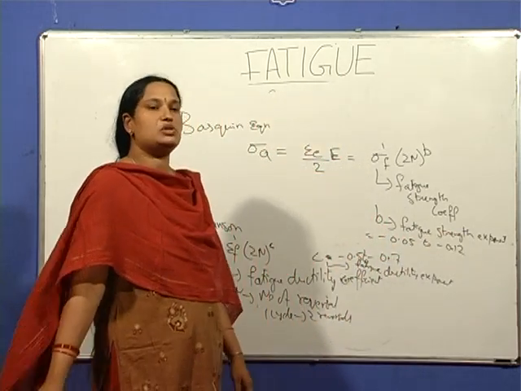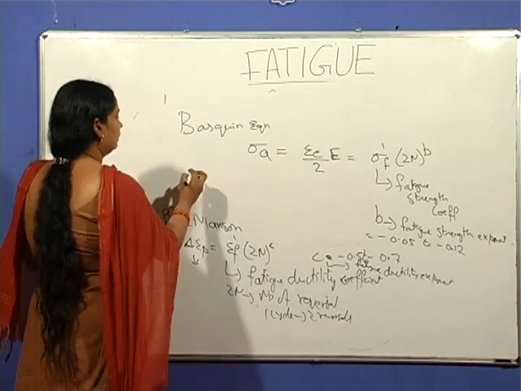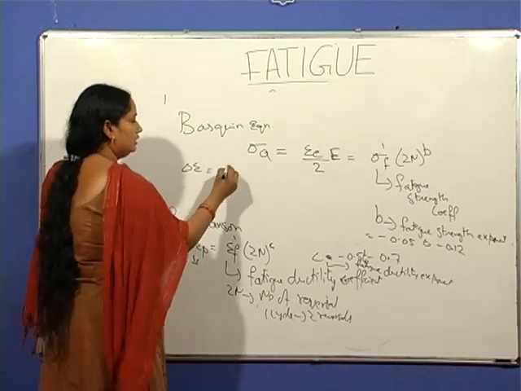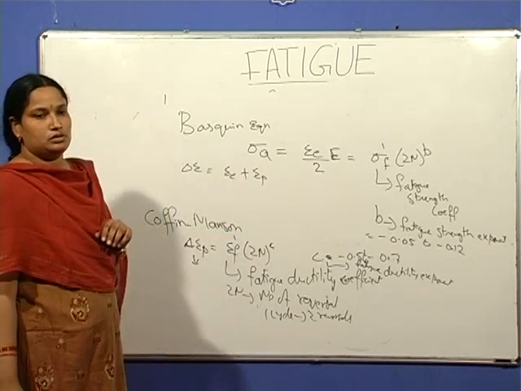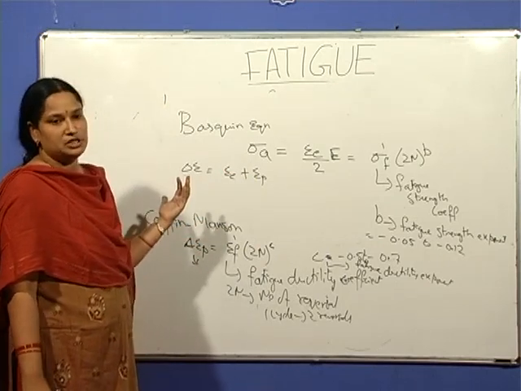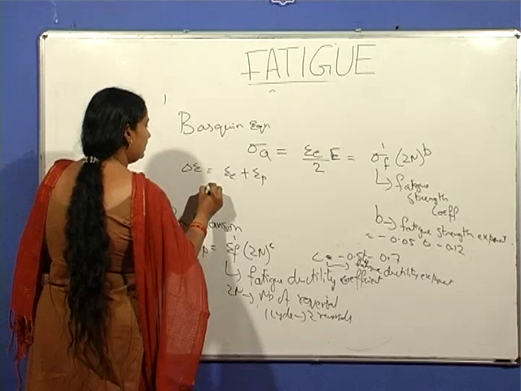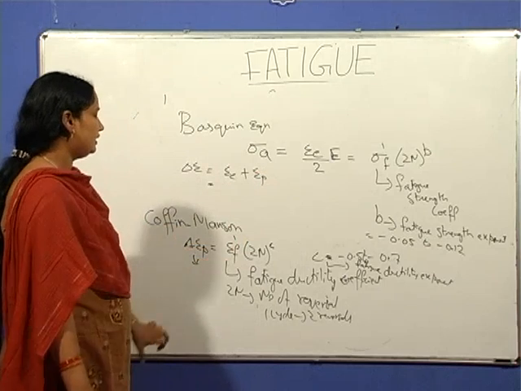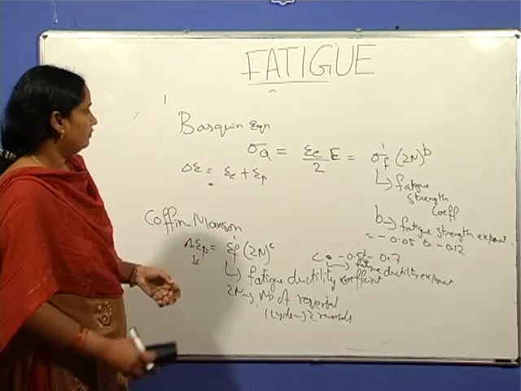So combining these two equations, we get the total strain range, which is equal to the sum of both the elastic component and the plastic component. So it gives an equation which gives information about the total fatigue life. Combining the Basquin equation and the Coffin-Manson equation, covering both high cycle and low cycle fatigue, we have